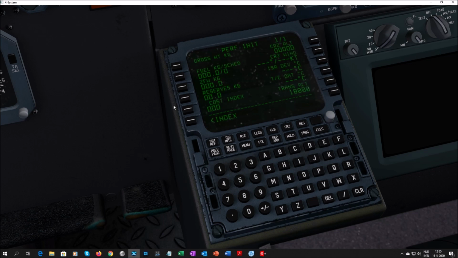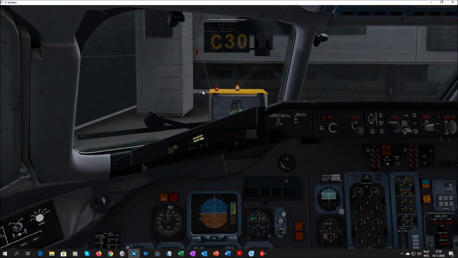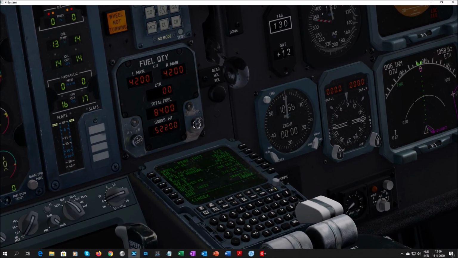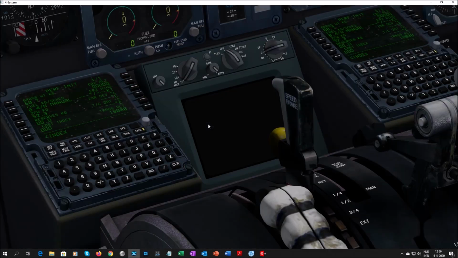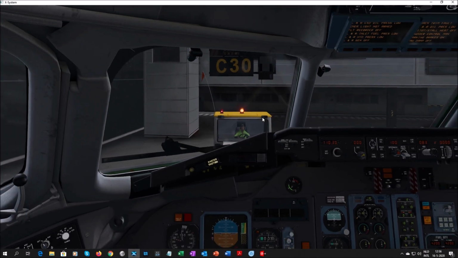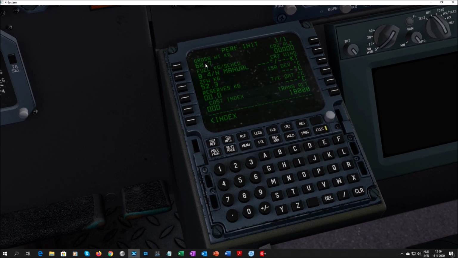Like I said, I already set the weight and balance information, so in the RotateSim you can just press the left line selector keys for the gross weight, zero fuel weight, etc. Now the zero fuel weight is 52,300 kilos, and we also have to dial that in here. So press this one, and then 52,300, was that correct? Yep, that is correct. Giving us a gross weight of 60,700, which corresponds with the information in the flight management